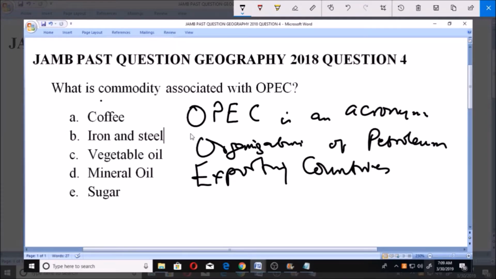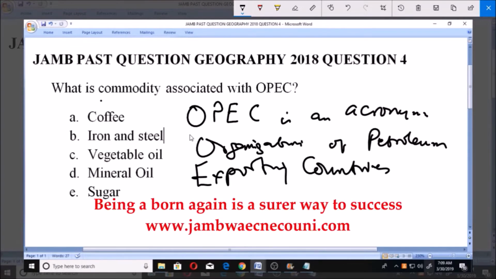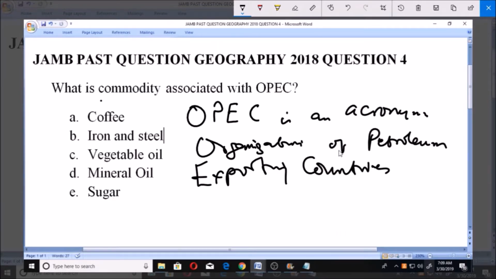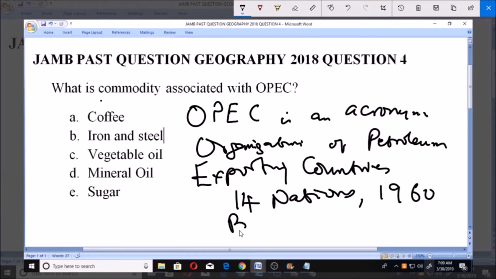Now, as the name implies, it is an organization which has countries that export crude oil, or you can call it petroleum or mineral oil, as its member states. It consists of 14 nations, and it was founded in 1960 in Baghdad, and we all know where Baghdad is. Baghdad is the capital of Iraq. Its headquarters now is in Vienna, Austria,